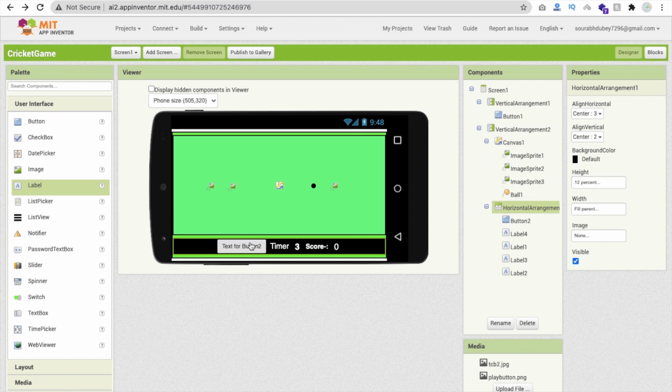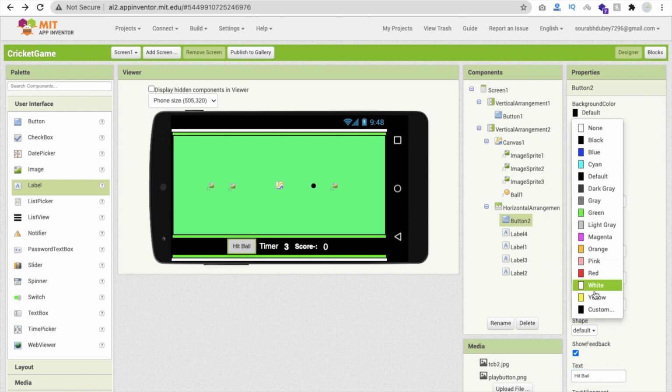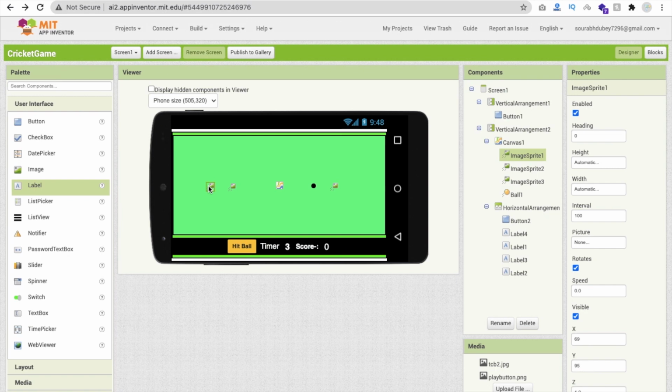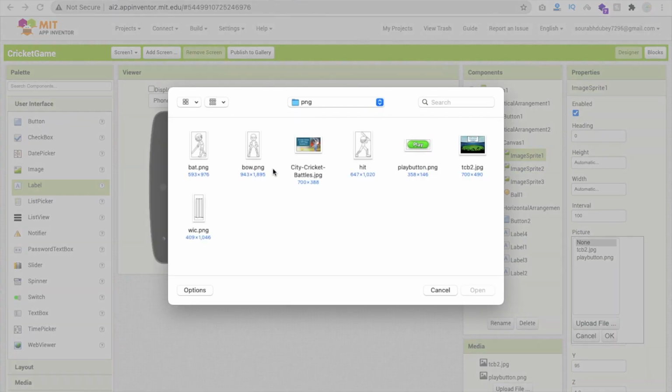Now click on this button, and you can see hit ball. Change this background color to anything that you want, like this. Now this image split 1: click on picture option, upload file, and choose file, and that is our stump.